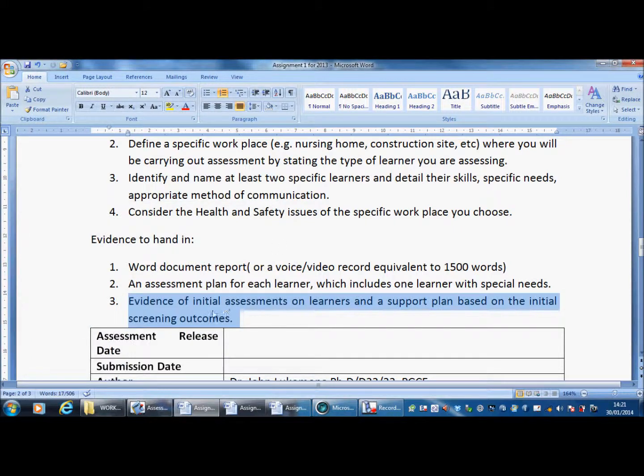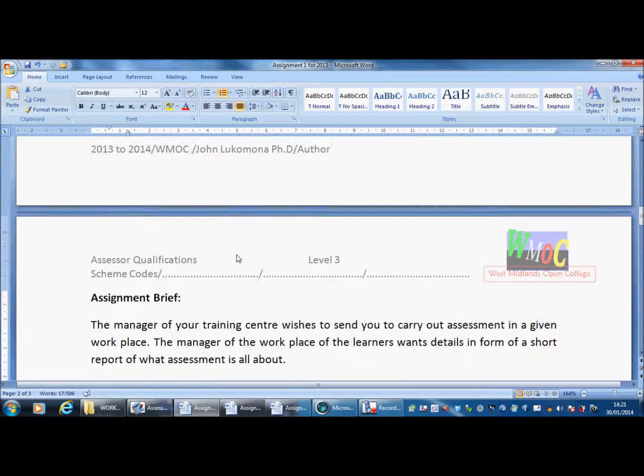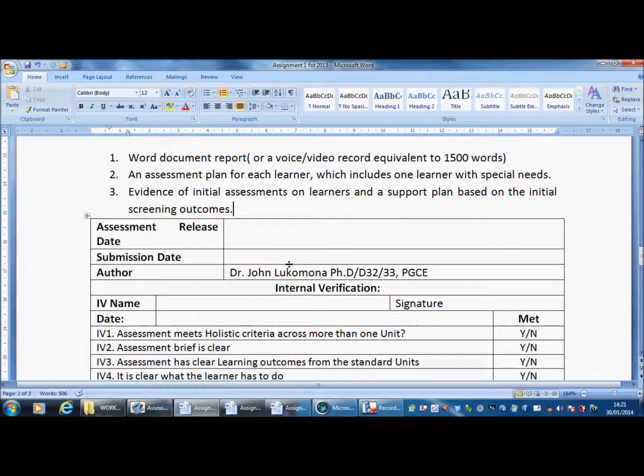So once you do this assignment, we're going to give it to you. This is how it's organized, and this is what you're going to hand in. Now, the assignments must conclude with this. Must have assessment